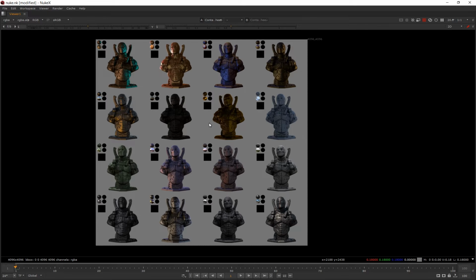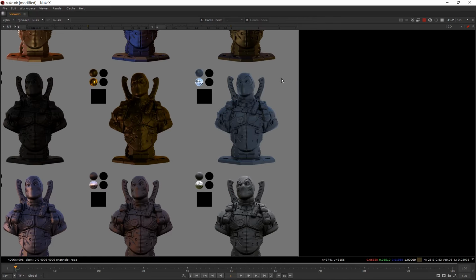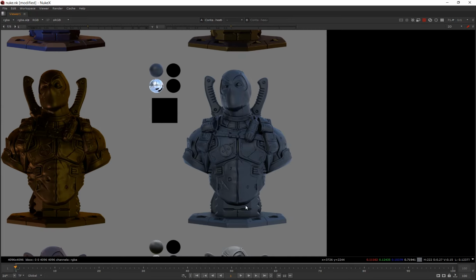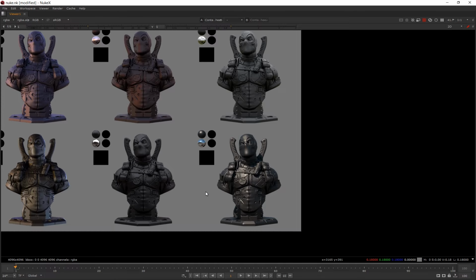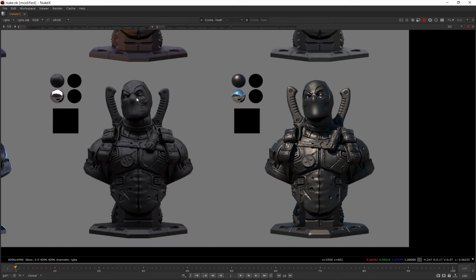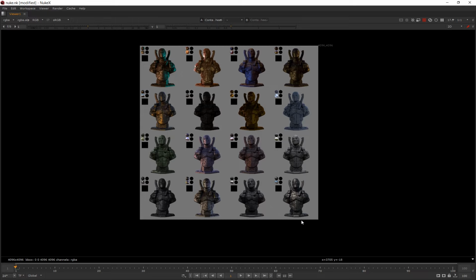And also if you compare a more diffused environment and a sunny environment, you can see the specular roughness, even though the specular roughness of those two renders is the same, when the environment changes, the specular look also changes with it. So these are the three main things which we have to consider when choosing the HDRIs